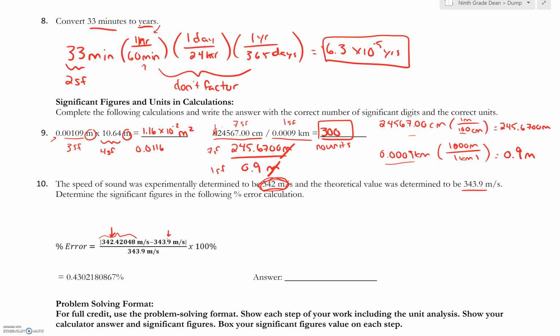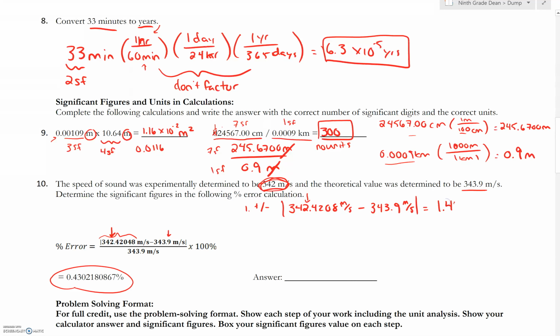But what tripped a lot of people up here, maybe it was a strapped-for-time thing, but there were 2 significant figure approaches to this problem. First of all, I gave you the actual answer, so that's great. You don't have to do that crazy work, but you do want to track your sig figs. So the first thing you do is addition and subtraction, which means you have to do 342.4208 meters per second minus 343.9 meters per second with your absolute values in play. And you get